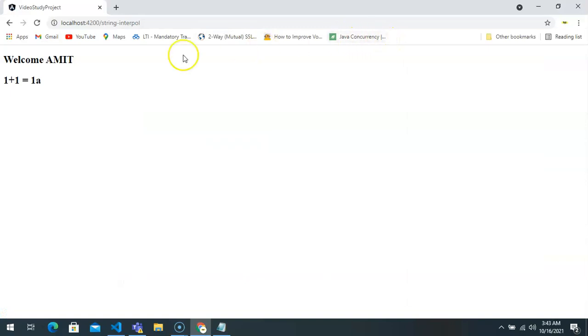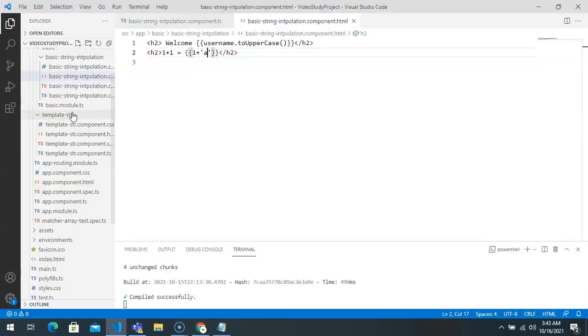So output on the string is 1A. So this is how a string interpolation takes a particular expression, evaluates that expression, and whatever the outcome that comes in is added to the HTML template.